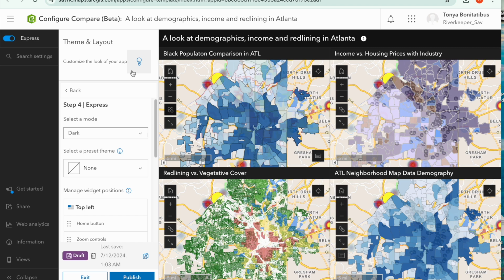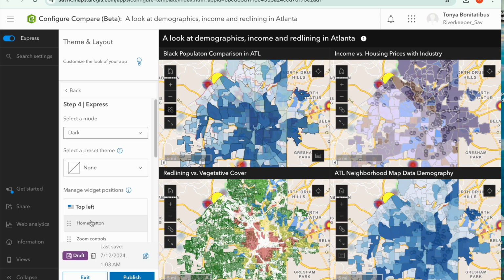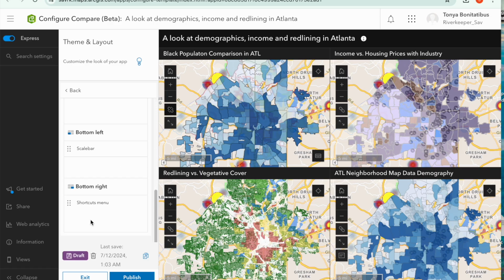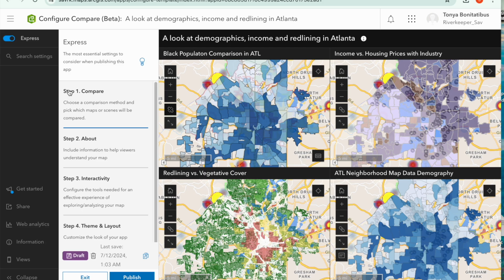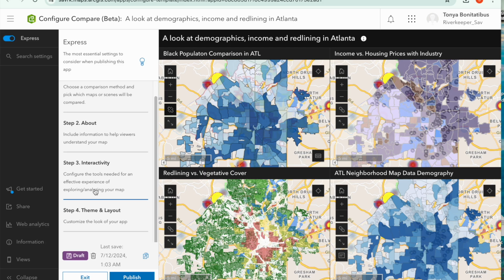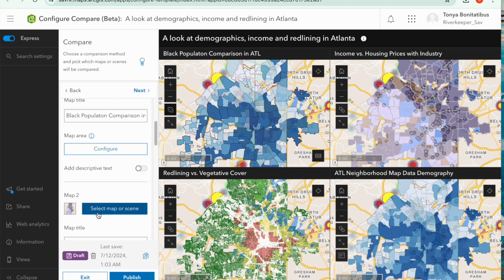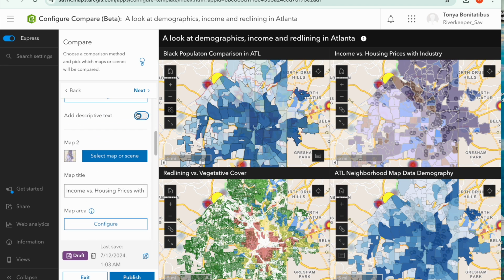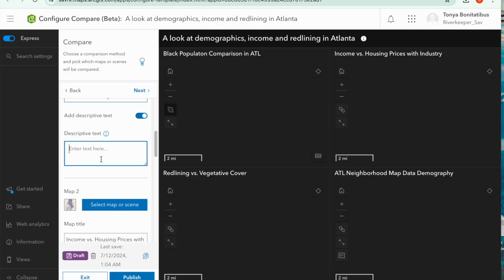All right. The one thing I would like to have is my pop-up menu. Let's go back a little bit. Okay. I think we should be all the way good to go. We got our 4 maps. We can add descriptive text here if we want to. So the first one is the,